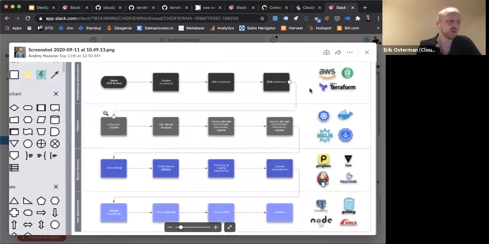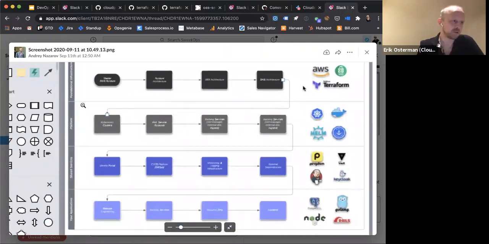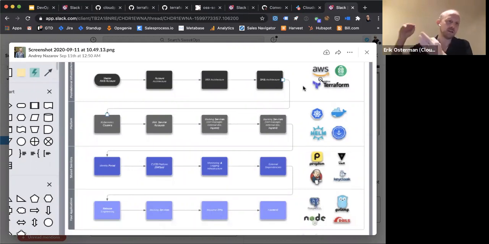But basically, the way we look at infrastructure is you have these 4 layers. You have your foundational infrastructure. This is where you have your AWS accounts, your identity architecture, and your DNS architecture. And then the next layer below that is where you create your platform. This is your EKS clusters, your ECS clusters, your Nomad clusters, basically your platform, your standardized way of running and operating services. And then after that, you have your shared services, et cetera.